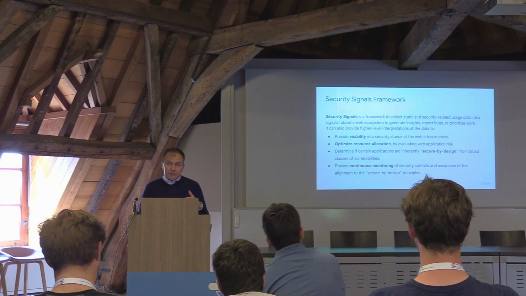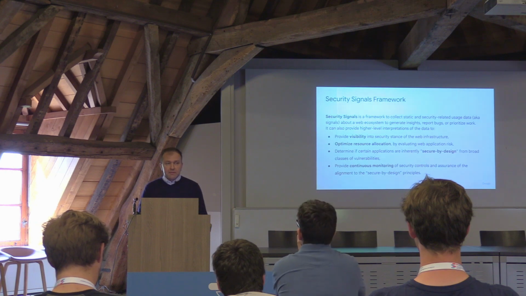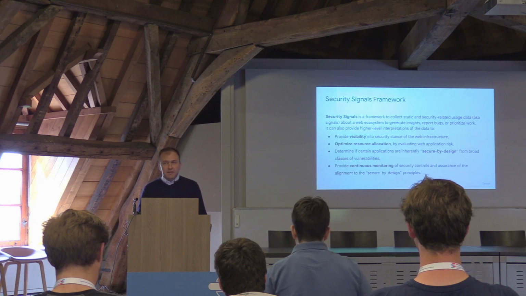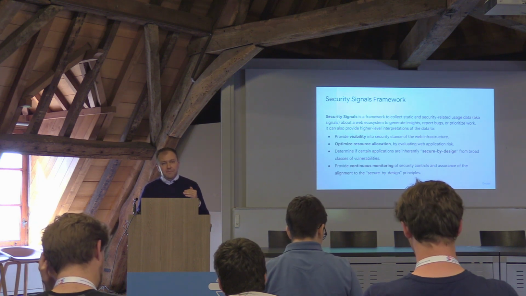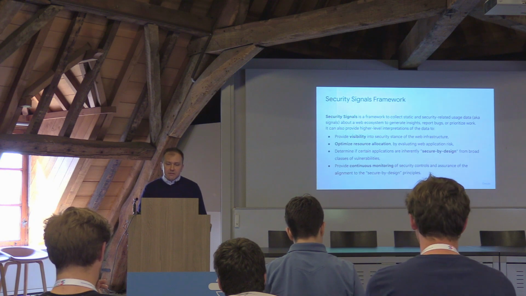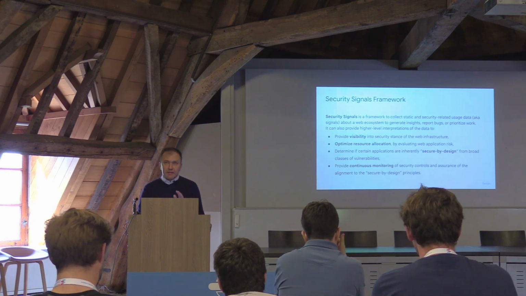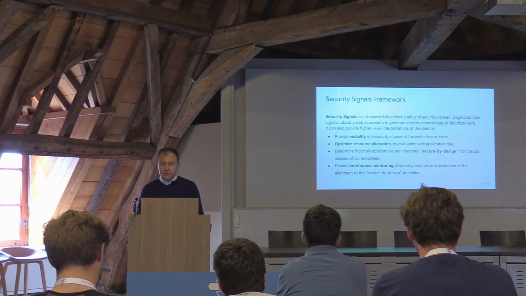So for that, we need to also make sure that we have it continuously, and that's what security signals are giving us. Every day we are getting fresh data. Every day we can see if anything has changed. It's not real time because there is no need for that, but with the daily updates, we have a pretty good view